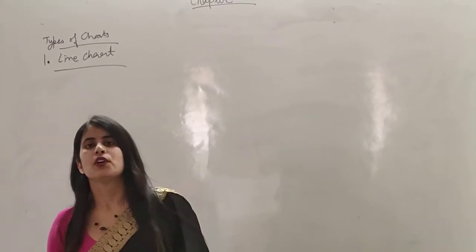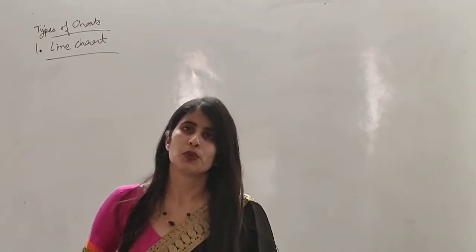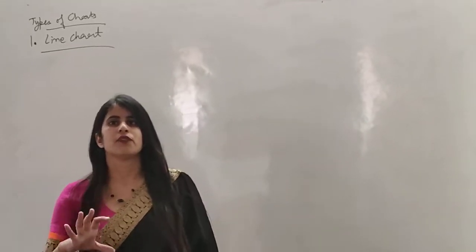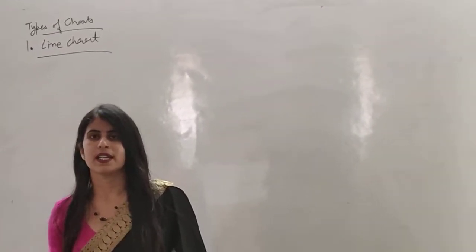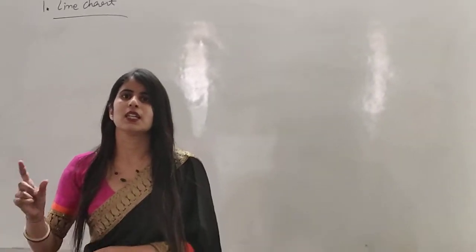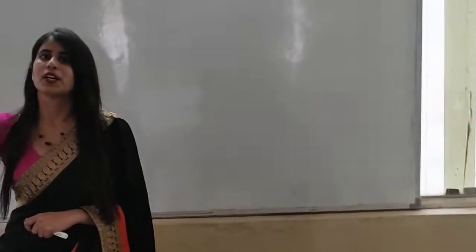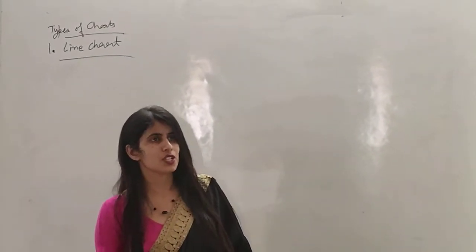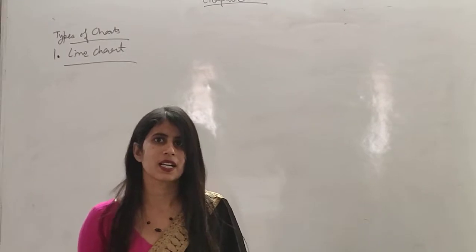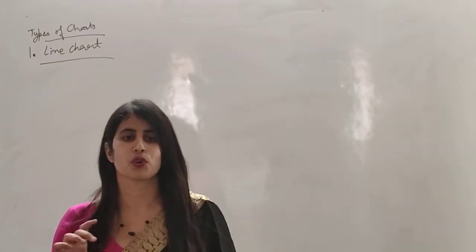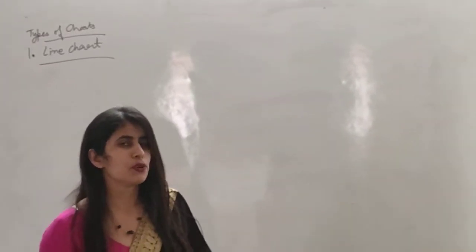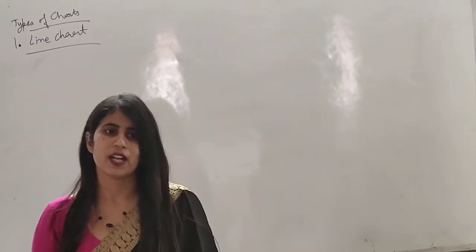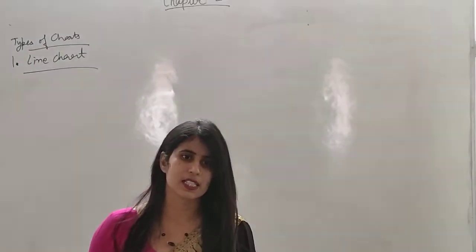In line chart, we display the data to show trends over a period of time. Means we are going to show the trend of any object over a period of time with the help of the lines. This line chart includes a few lines and the connecting dots are used to show the trends of these all. We use x-axis, y-axis for it. It is normally a graph and we use x-axis, y-axis for it.